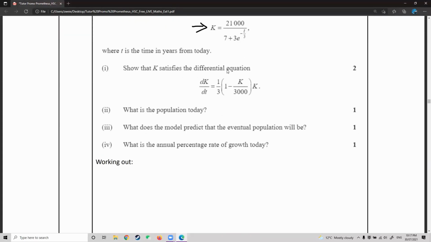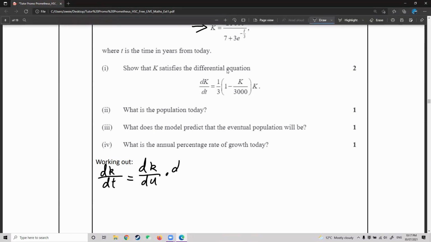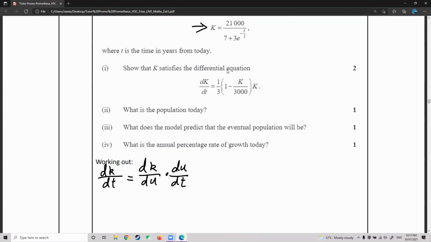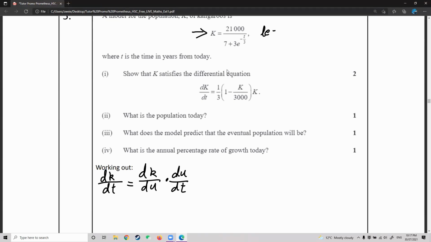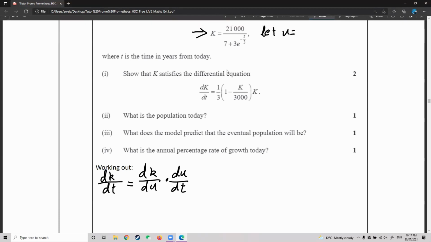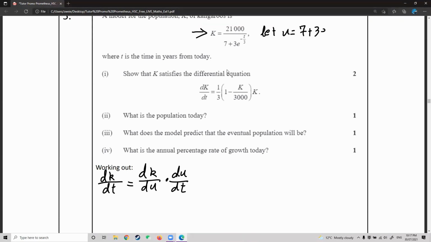let's do something special. We know that dk on dt, I think we've all done differential equations before, that we can have another variable, dk on du, and du on dt, splitting it into 2 parts. And over here, what I should do is let u equal 7 plus 3e minus t